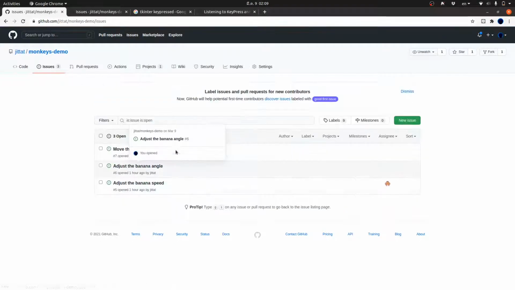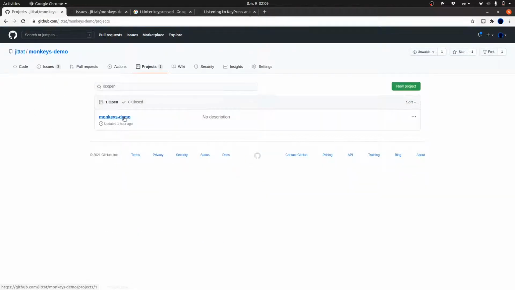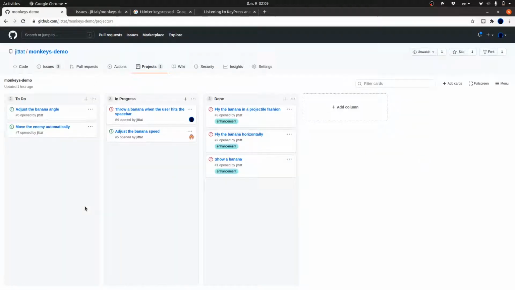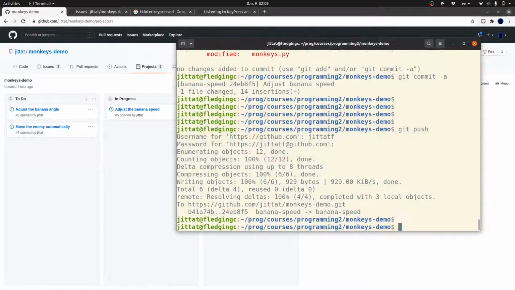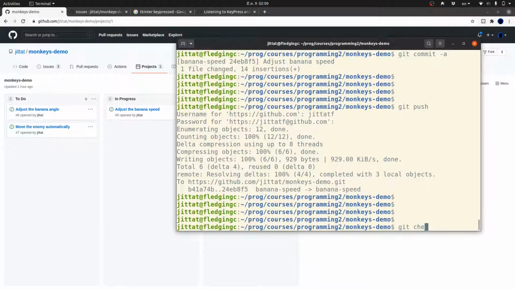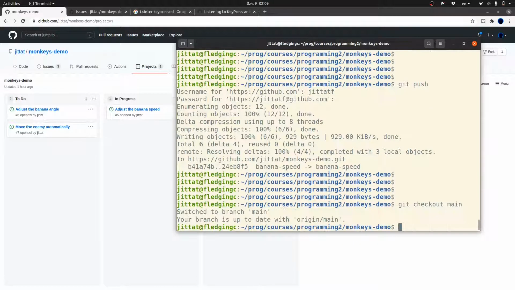You can see that the one issue is gone now because we resolved it. Okay. If you look at the project, you can see that this one is gone. So we moved it to that. Finally here, git checkout main, and then we do git merge